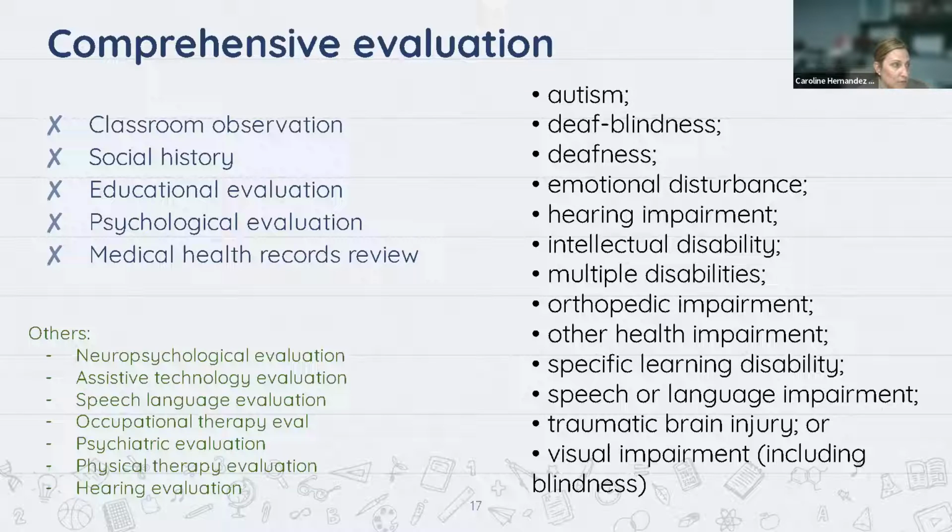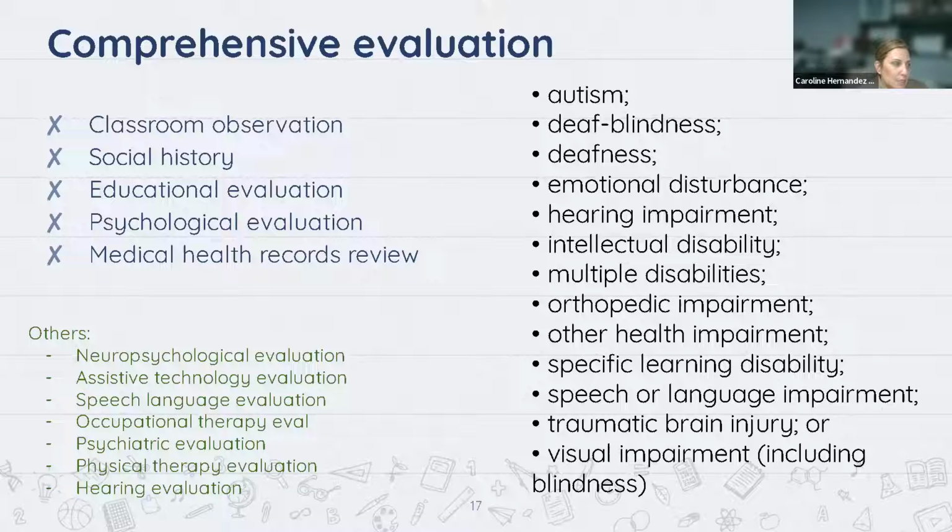There are some situations where even upon an initial evaluation through CSE, we notice something that we may want to test right up front. Sometimes students who are struggling with reading or language may actually have a speech and language disability, and the only way to find that is to properly evaluate in that area as well. So sometimes we have a neuropsychological evaluation to make sure that the function of the brain is not impacting the child's ability to learn. We might look at assistive technology evaluations. We might do speech and language evaluation, occupational therapy evaluation.